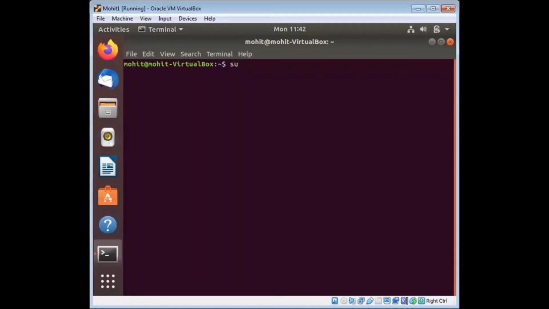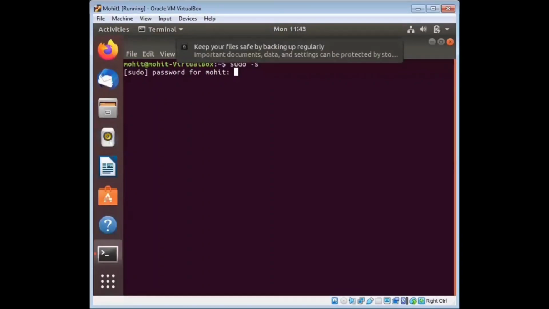First of all, type sudo -s. When you press enter, you see it is asking for a password. Basically, why do we type sudo -s? When you switch from normal user to root user, you have to type sudo -s.